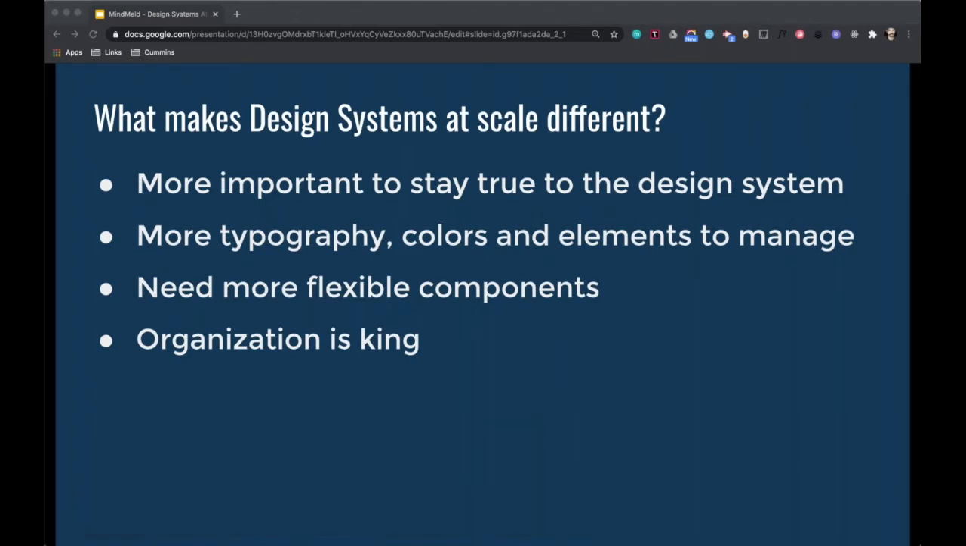All right, so what makes design systems at scale different from average design systems? As products scale and get larger and larger, it is more important to stay true to the design system. What I mean by that is that you really want to have your design team using the single source of truth to design those new views, especially when it comes to views that are going to be final production ready views. Adam touched on the inconsistencies earlier, and if your design team is focused on using the design system, you're going